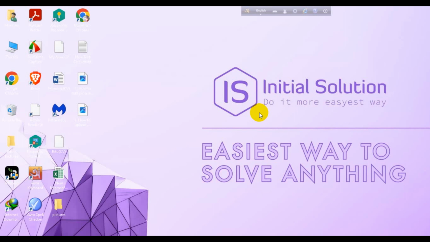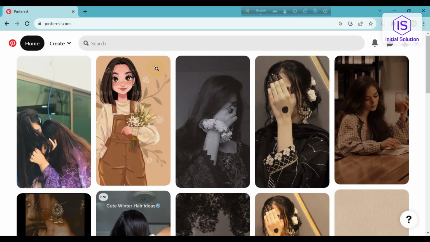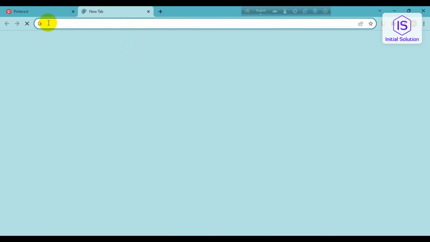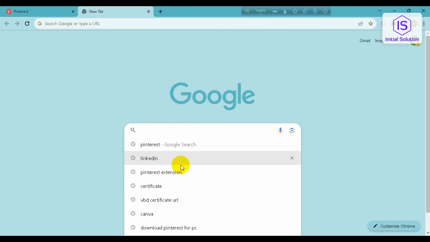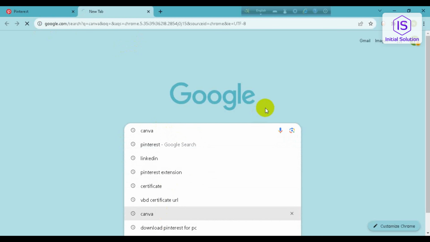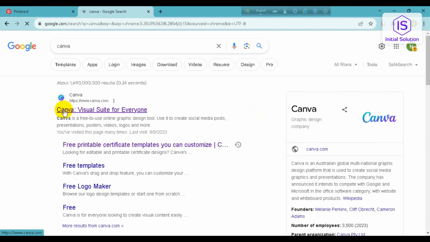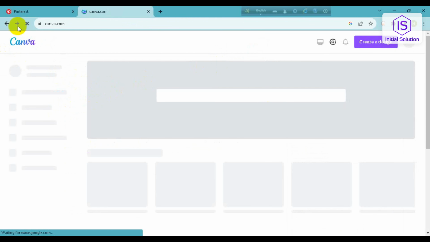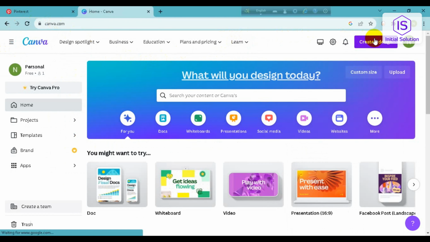Today in this tutorial I'm going to show you how to create a custom cover for Pinterest. So go to your Pinterest account or take a new tab and search for Canva, then go to a new link here, which is www.canva.com. Then after that, when you are on your Canva account or on this page, then go to create a